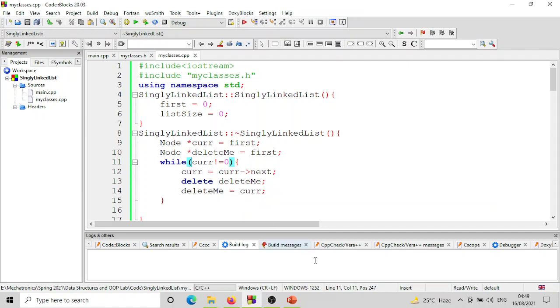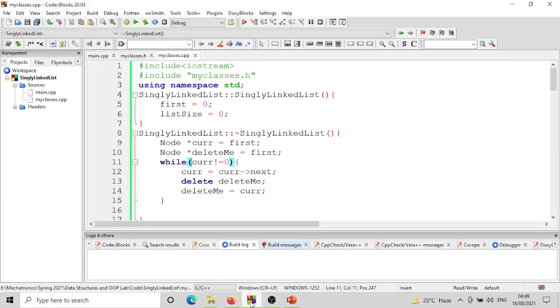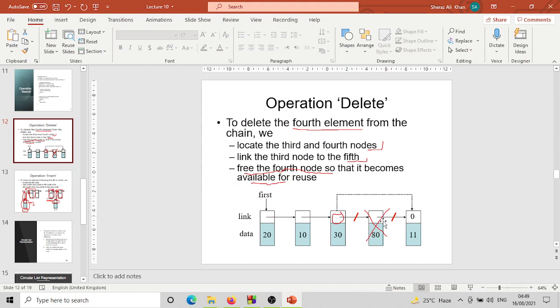we check is current equal to null. If it is not, we enter the loop. So current अब भी null के बराबर नहीं है। So the first thing that we need to do is we say current is equal to current arrow next. So current को हम set कर देते हैं so that it points to 80, ठीक है। अच्छा, and then we delete this node, इसका एड्रेस हमने deleteMe पॉइंटर में स्टोर कर दिया था, ठीक है।